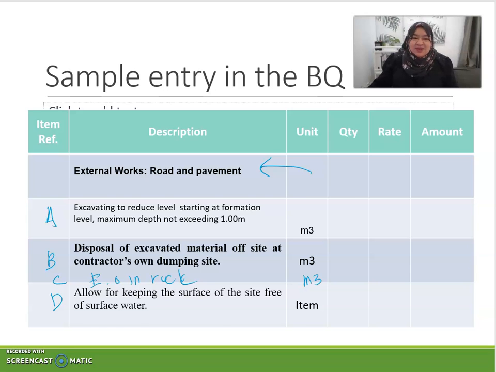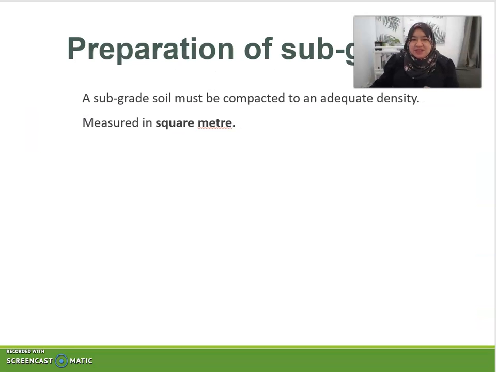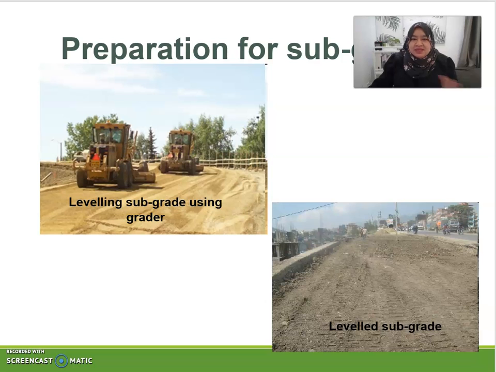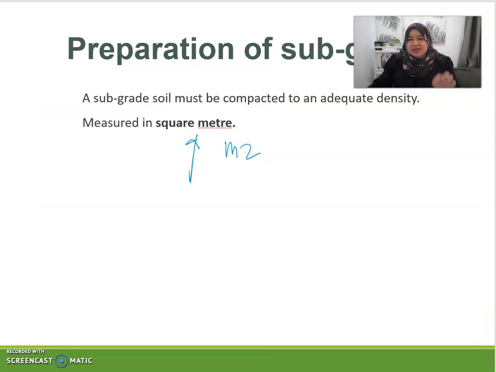So let's go to the second part, which is the preparation of a subgrade. Subgrade soil must be compacted to an adequate density as instructed in the drawing. The measurement for this subgrade is in square meter. This is an example of preparation of subgrade using machineries, just to make sure that this subgrade soil